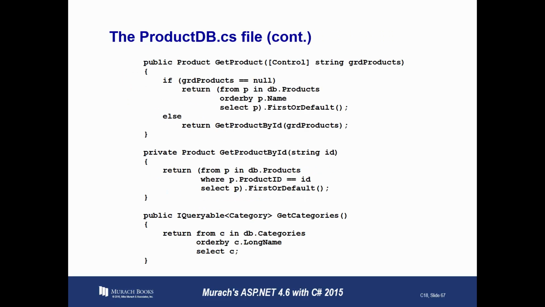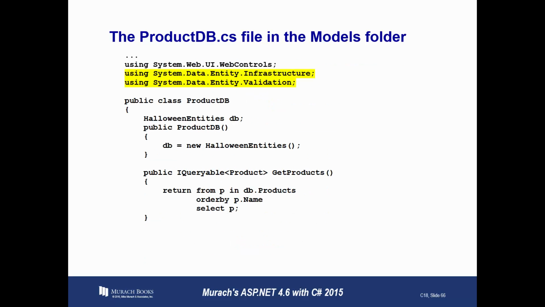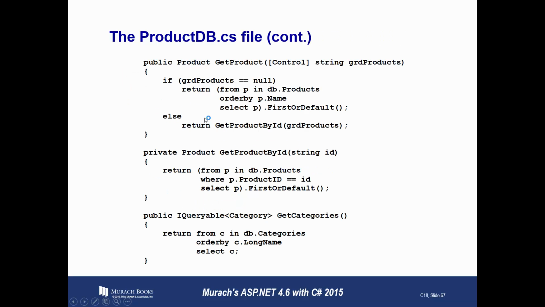The get product, as opposed to get products method, is used to display the product that's displayed in the details view. So this will display all of them, and this will just display one single product. The get categories